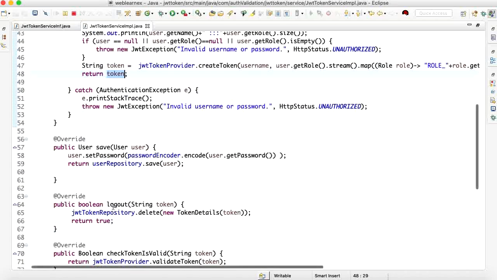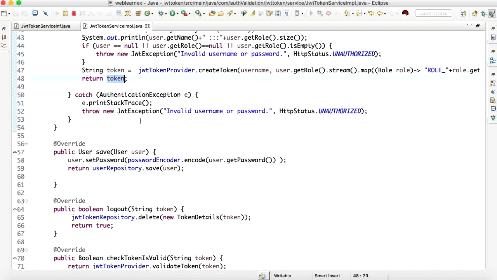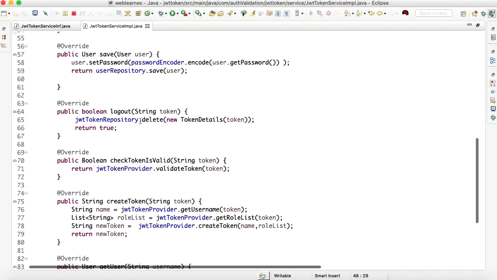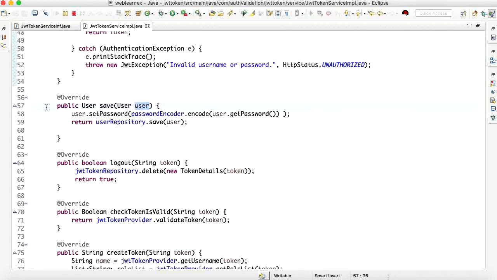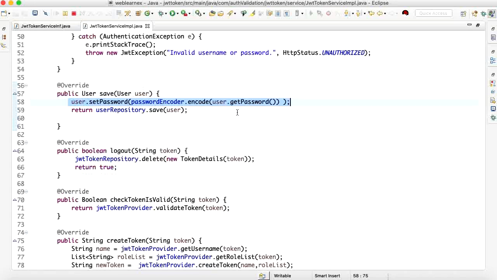To save any user, I have created one endpoint with the save method. I pass all the user information that comes from the request, and I don't want to save the password as plain text, so I have added some encryption logic here for the security mechanism. I pull the password, pass it to my encryptor here, and again set it in the user's password.